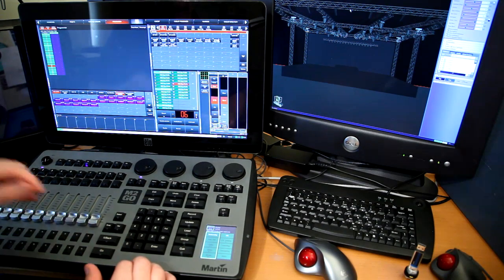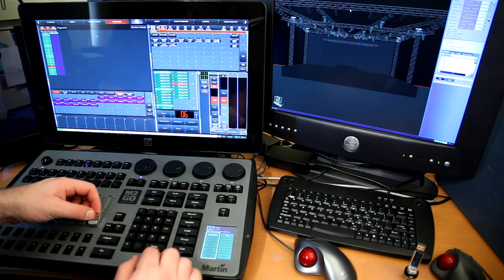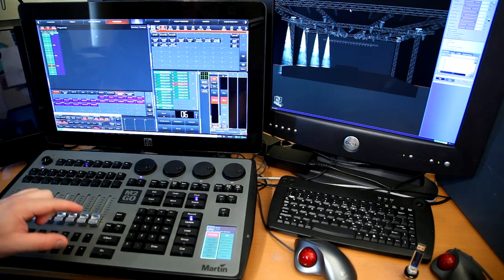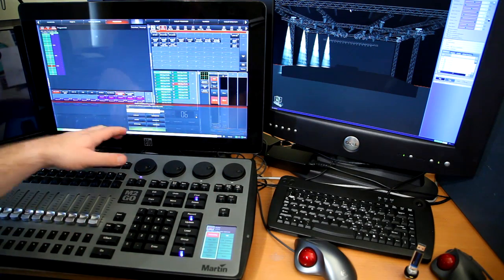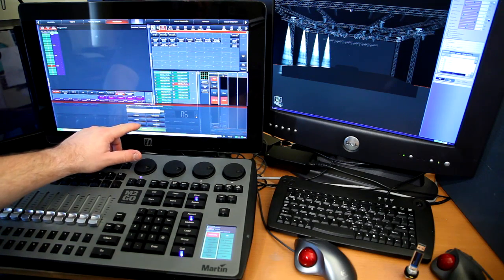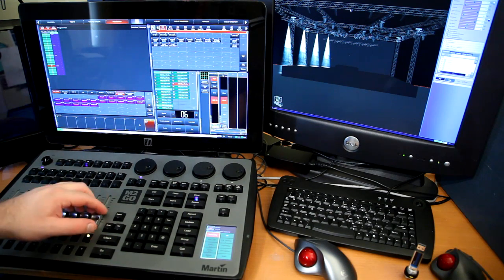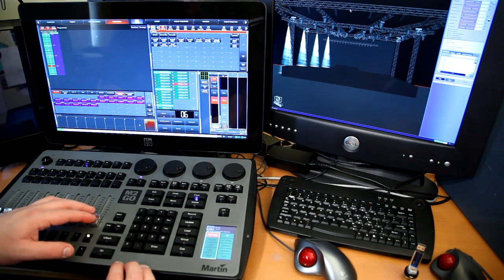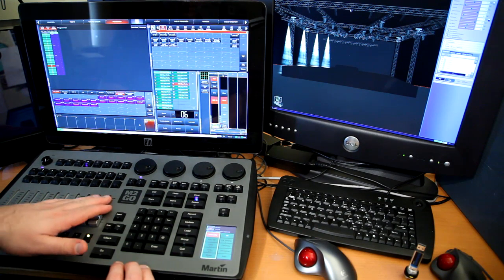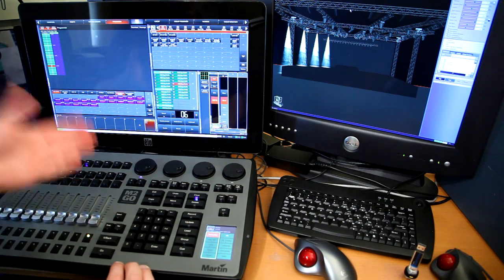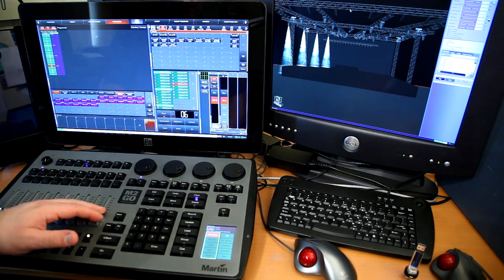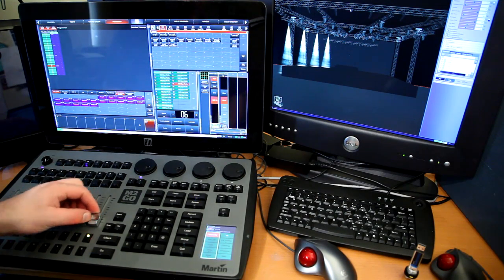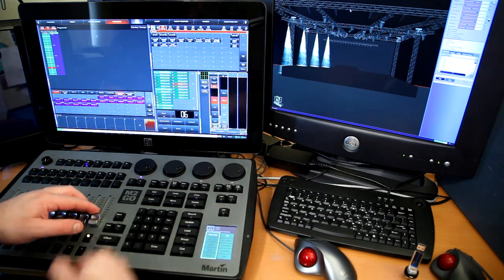So what we'll do is on the first group we'll put them at full, and that will be our first step, and we're going to record that here. And what we choose is override. Later on we'll turn on the Q Blender, but let's do our Q first. What's important to understand is that because it's an override, there is no tracking. So when you record Qs, if you want the next Q to also include those 4 fixtures, you have to include them as well. So I'll just move on to the next fixtures, put them at full,